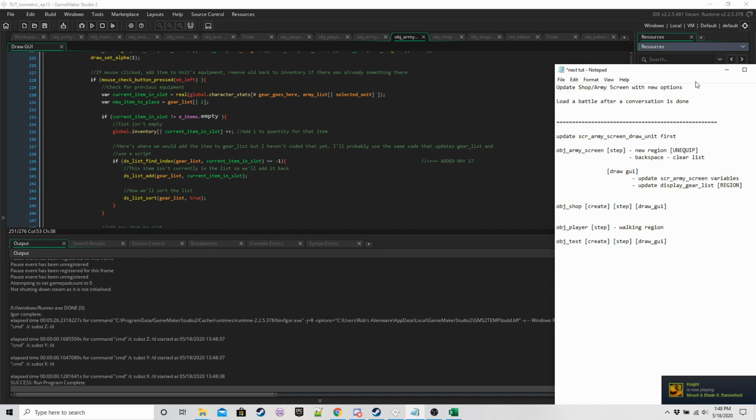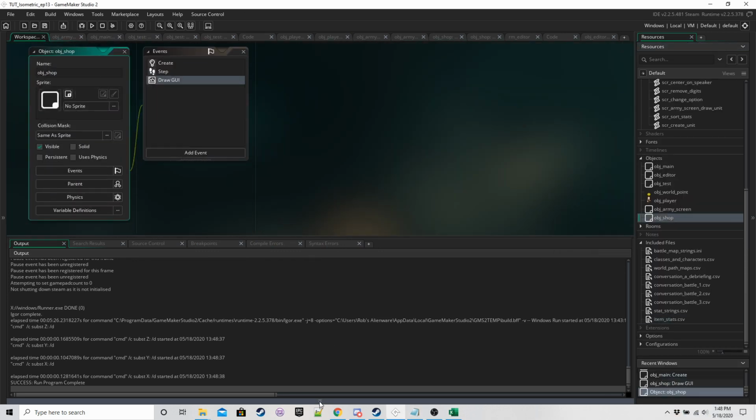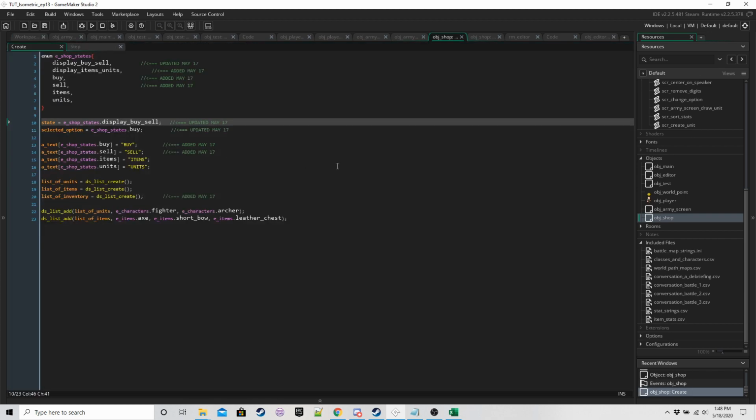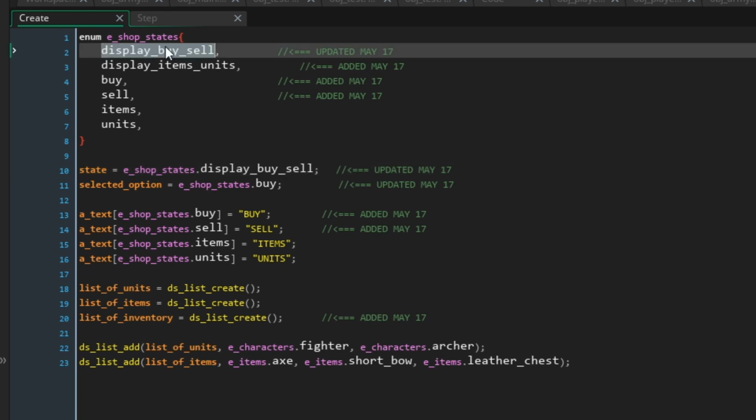Okay, so we can now go into the shop object. And in the create event, we have added quite a few new enumerators and changed one as well. So we've now got display, buy and sell. This is going to be the first option because when you go into a shop, you might want to sell your items, or you're either going to want to buy items or units. So that's going to be your first choice. If you choose